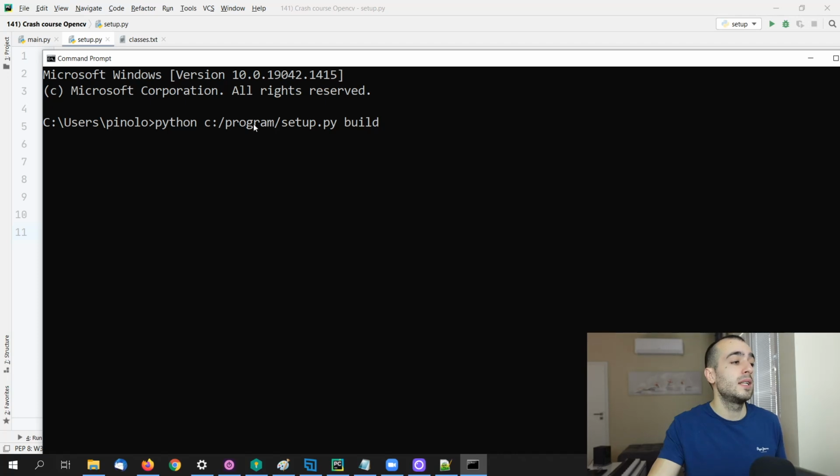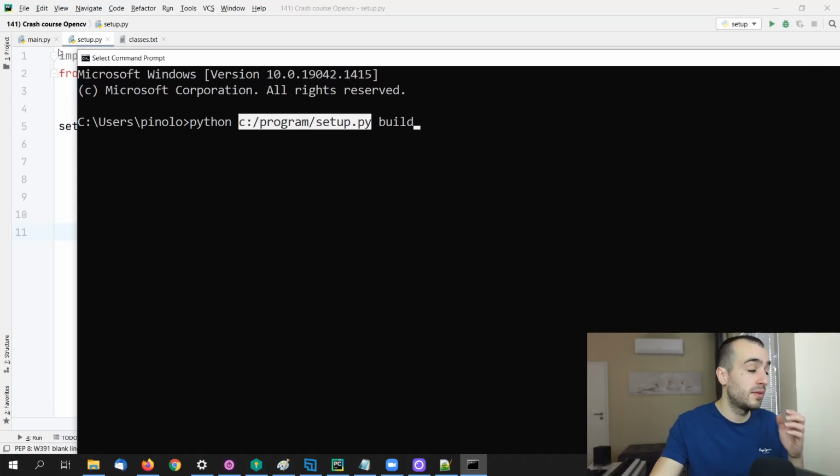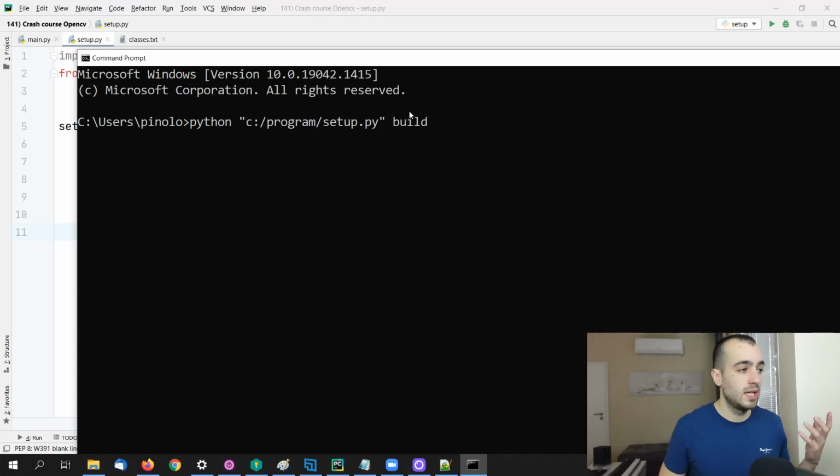Python C program setup, or of course here you need to put your path. So check the path where you have the file, put right here your path. If your path has some spaces in it, just remember to put the quotation marks before and at the end. So if your path was C program or mine with the space, use the quotation marks and then build,